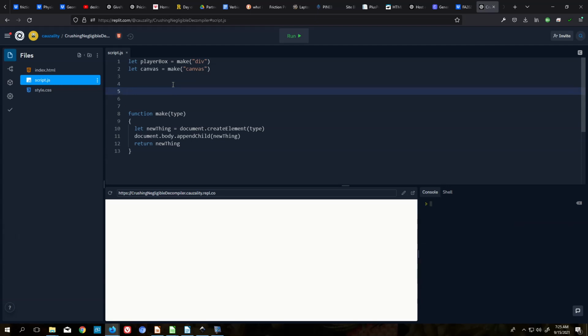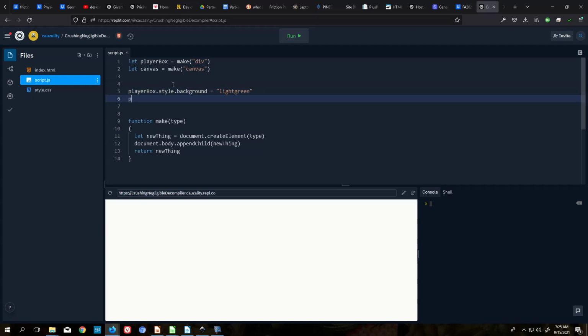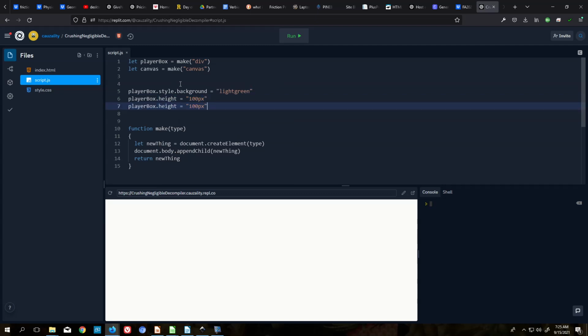So to style things, I'm going to say playerBox.style.background, and I'm going to make this a light green background, and I need to give it a height and a width. I'll make the height 100 pixels, and I'm going to copy and paste that line and make the same thing for the width. If I run it now,